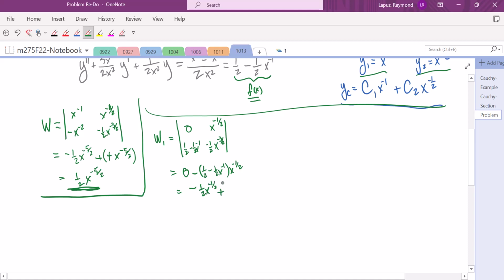Negative, negative is a plus, and then we have a 1/2, and then this will be adding the powers. Negative 1 plus negative 1/2 is negative 3/2. So we'll have an x to the negative 3/2 power. So we find our W1,